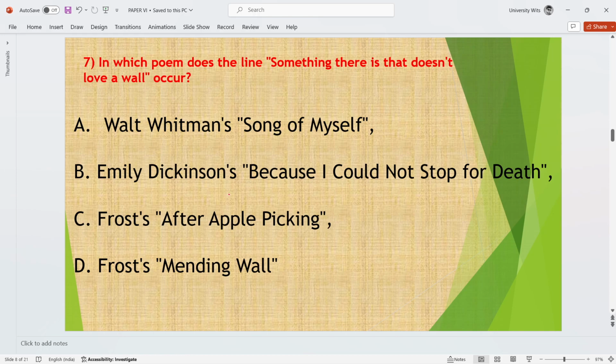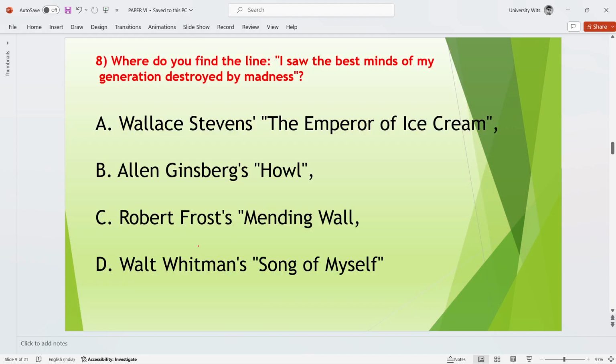Okay, so basically, Mending Wall is the correct answer here. As per my concern, Mending Wall is the correct answer, and this line, as far as I know, is Something there is that doesn't love a wall. So I think Mending Wall, यहाँ पे wall है ही, तो आप लोग देख ही सकते हो, इवन इसको मैंने पढ़ाया भी है. सो बेसिकली दिस ऑप्शन इज करेक्ट ऑप्शन. Okay, you can cross-check with your SLM, but as per my concern this option is absolutely correct.